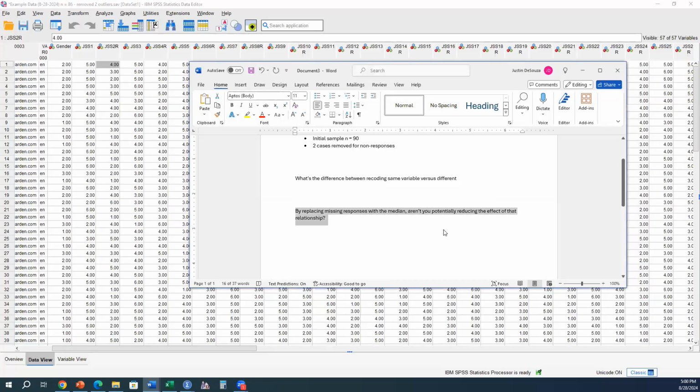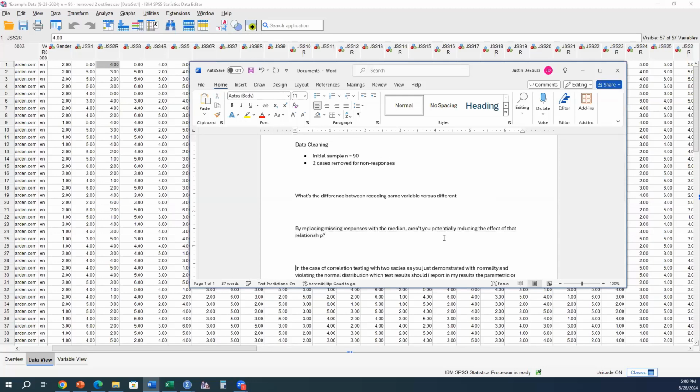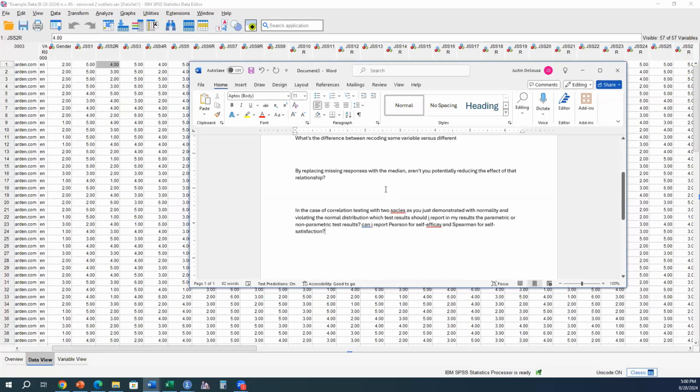Okay, we have a question from Allison. In the case of a correlation testing with 2 scales, as you demonstrated with normality, which test results should I report? Are my results parametric or non-parametric? I've seen it done every which way. I've seen people, so the 3 options are